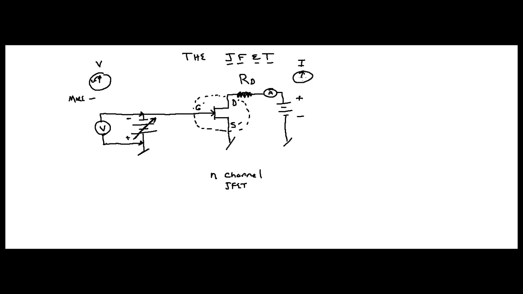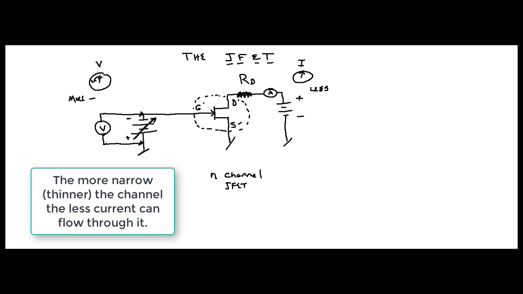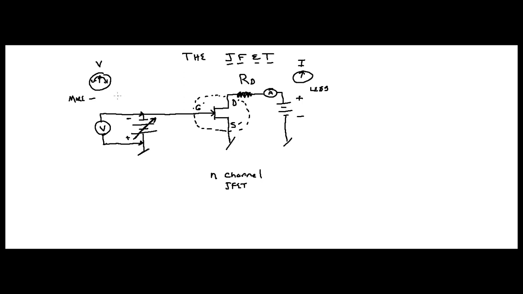And that means your current I is going to become less, right? And the other way, if you turn the voltage this way, in other words, you were making it more positive,